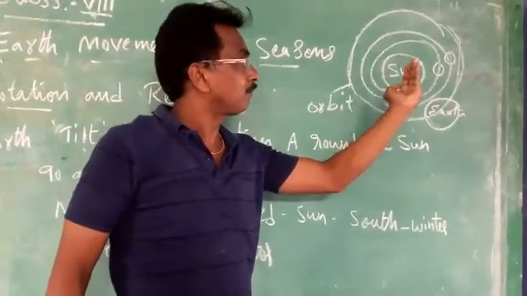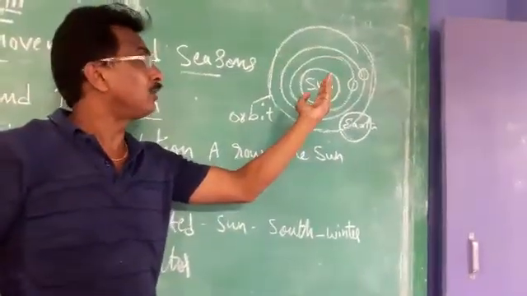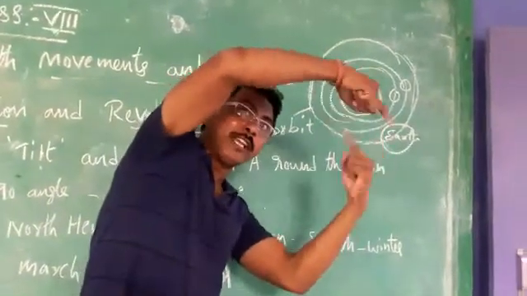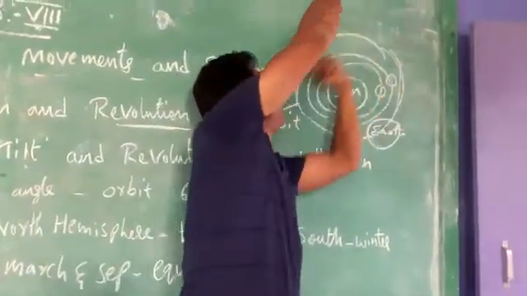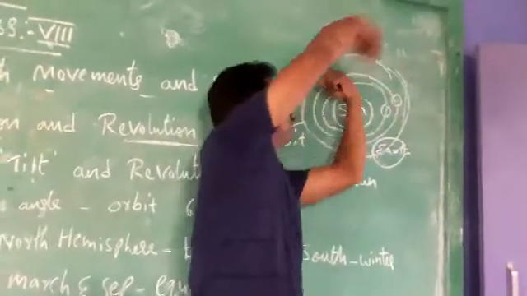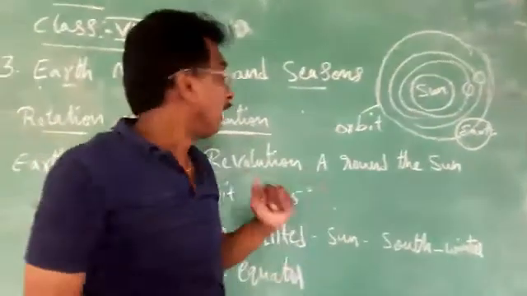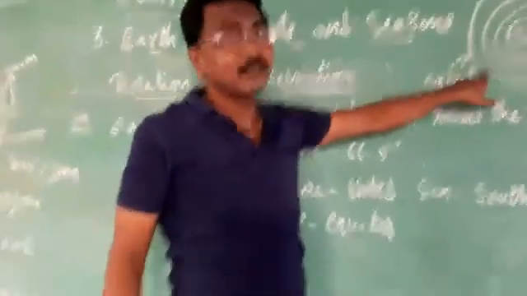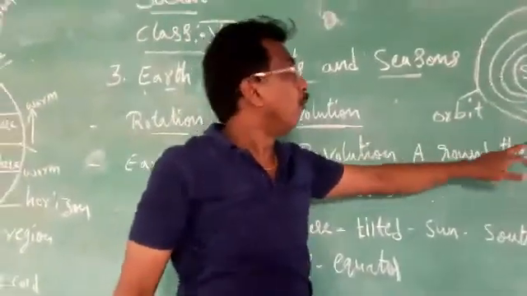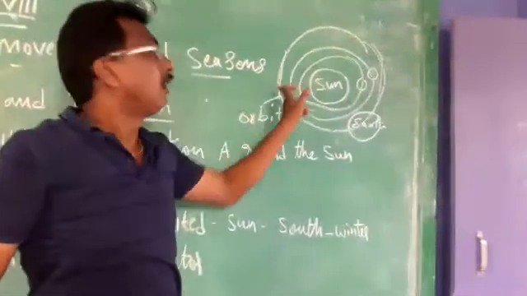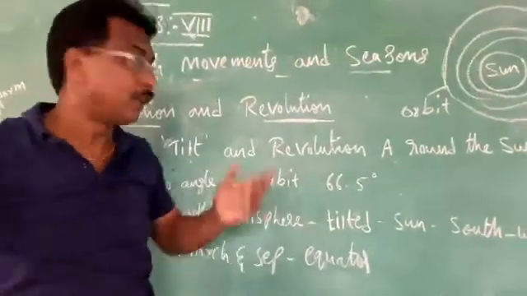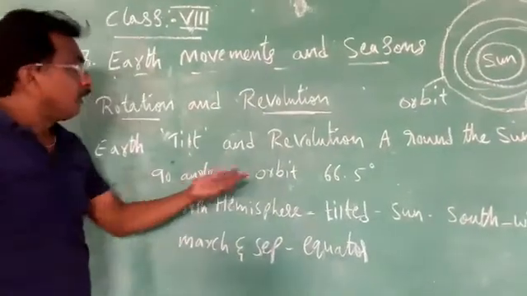It is tilted, and it is doing rotation on its own axis. It is rotating on its own axis and revolving around the sun. That is about that, and that is about orbit. Orbit means the path, the earth's path, on which the earth is moving. And I showed you the textbook, how it will come. And next one you see,